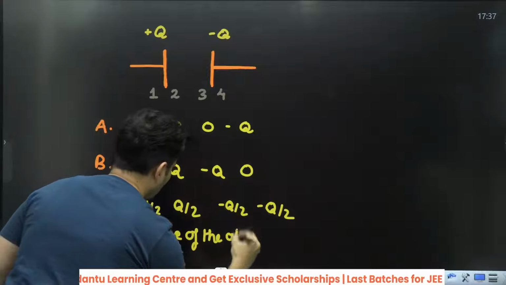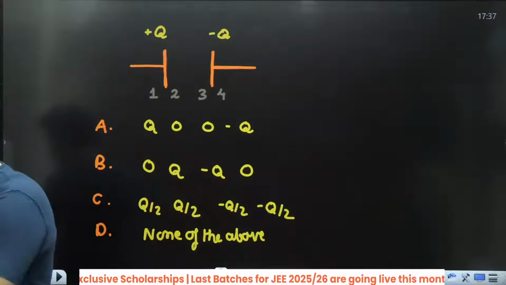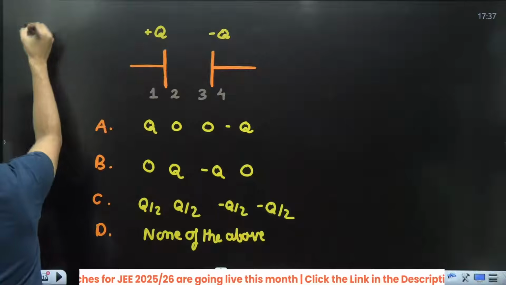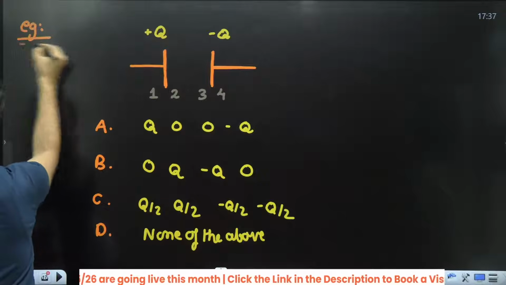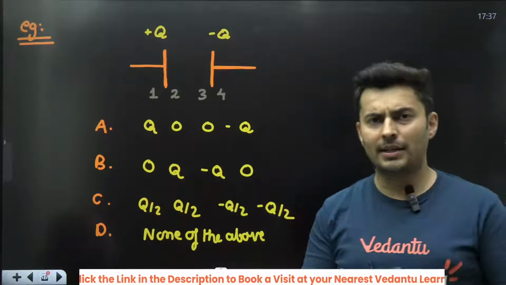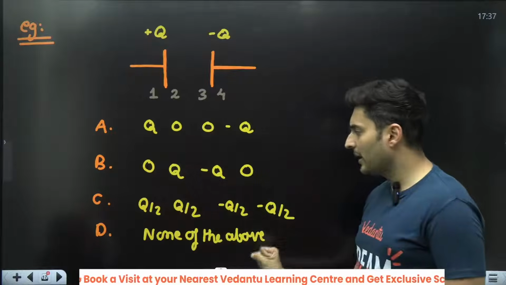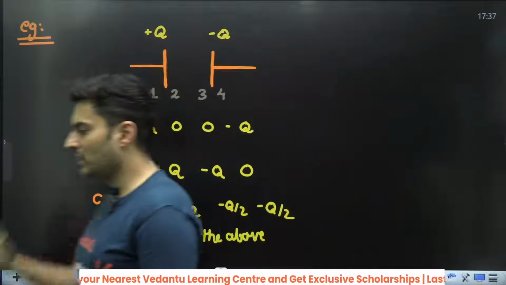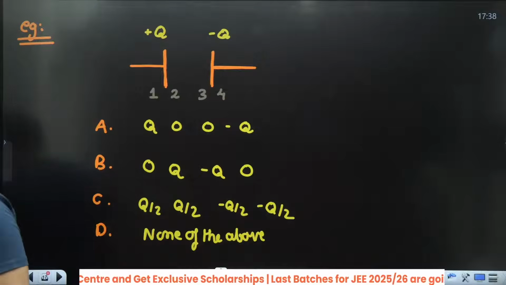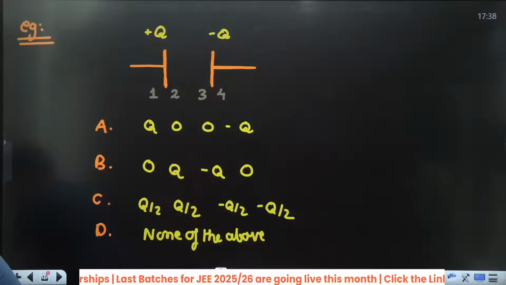None of the above. What do you think it is? I want to see the spam in the chat box. What do you think it is going to be? A very, very interesting question. Where are the charges distributed on the plates of a capacitor or on the conductors? Is it the inner side? Is it the outer side? Or is it distributed equally on the inner and outer side? Or is it something else only? It's something different, sir. It's none of these at all. Okay. I want to see all your answers, guys. Come on, in the chat box right now.